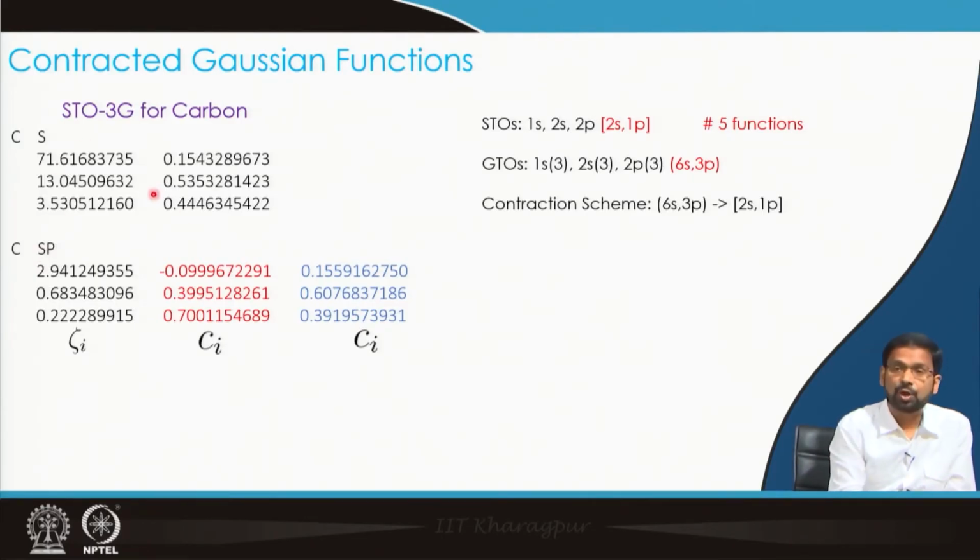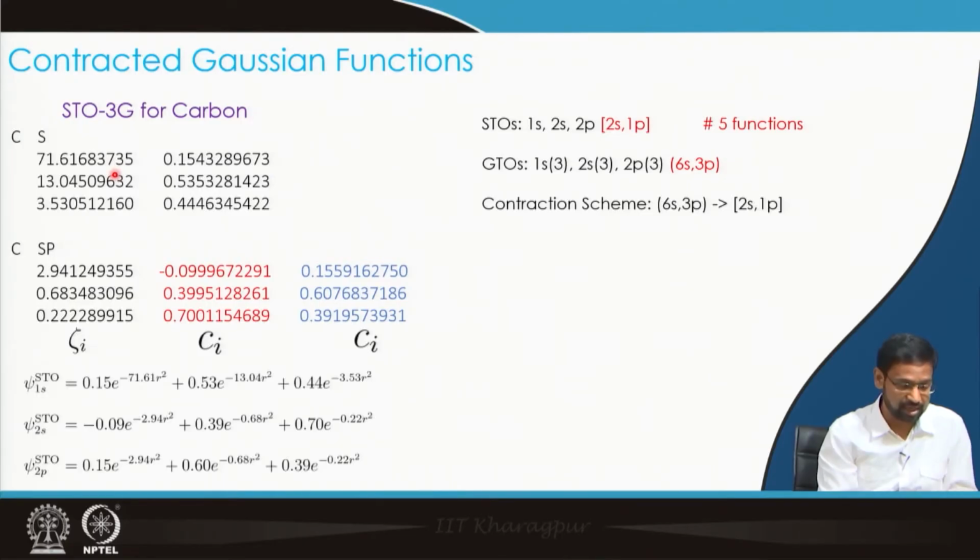Now this first block talks about the 1s orbital. What is the function? If I write this, the first Slater type orbital is obtained by using these 3 Gaussian functions. Let us find out what we mean by these 3 Gaussian functions. The numbers that you see here in the second column are the coefficients. The numbers that you see in the first column are the orbital exponents. So using these 6 numbers, I can construct this 1s Slater type orbital or 1s contracted Gaussian type function